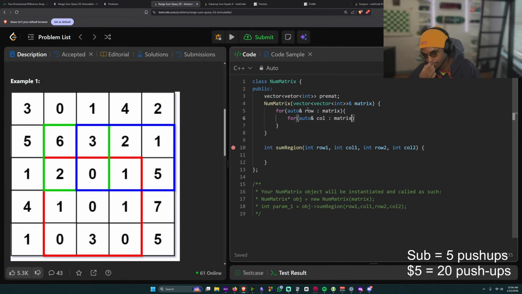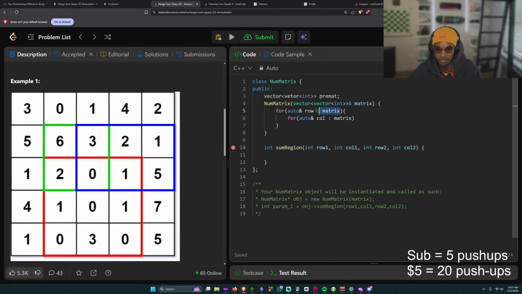Wait, isn't this just getting the actual number? Like the actual values? Because this will get every single row. Yeah, I don't think that's what I want to do.